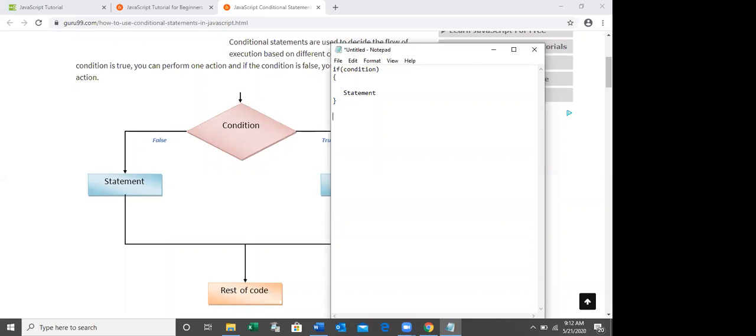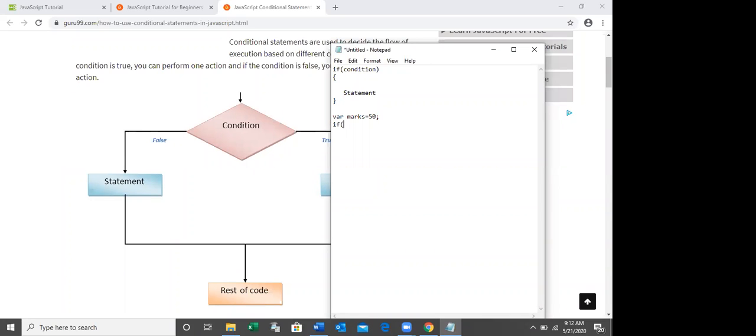For example, see, var marks equal 50. What I'm doing here is assigning 50 to marks. I'm going to check the result of the student.